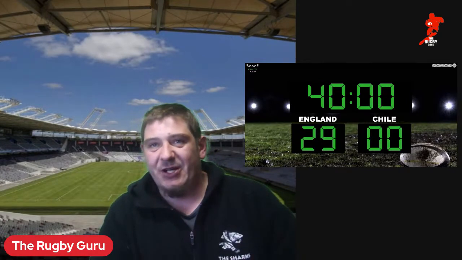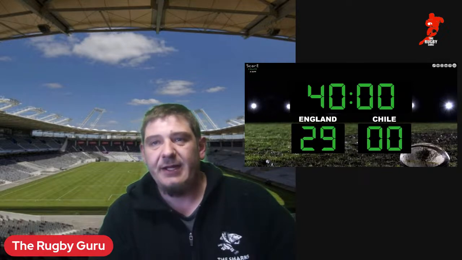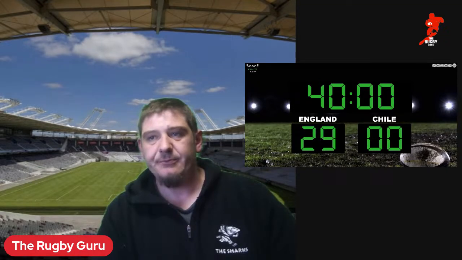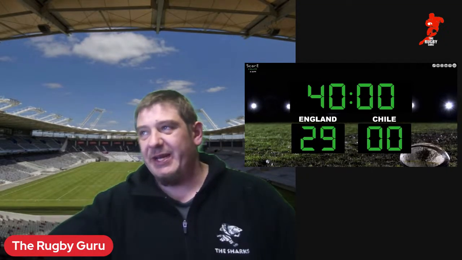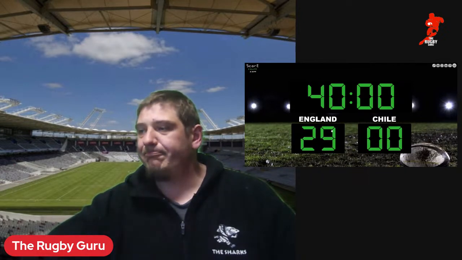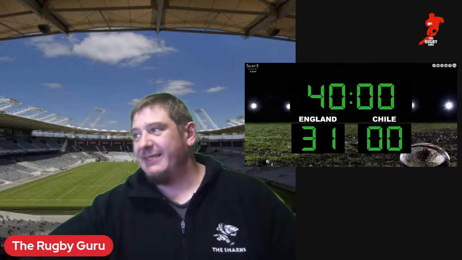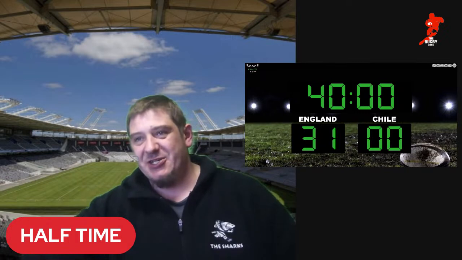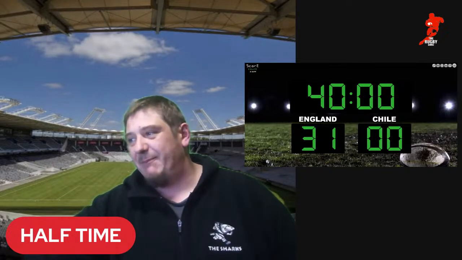So time is up on the clock now for the first half. Let's see if Owen Farrell can start kicking over. A much better strike from Owen Farrell, that one from the left-hand corner. Over it goes. That's half-time. 31 points to 0. And, finally, England has managed to pick up 31 points in 20 minutes. So imagine if they can play a full 40, they could still wrap up that 80 points.